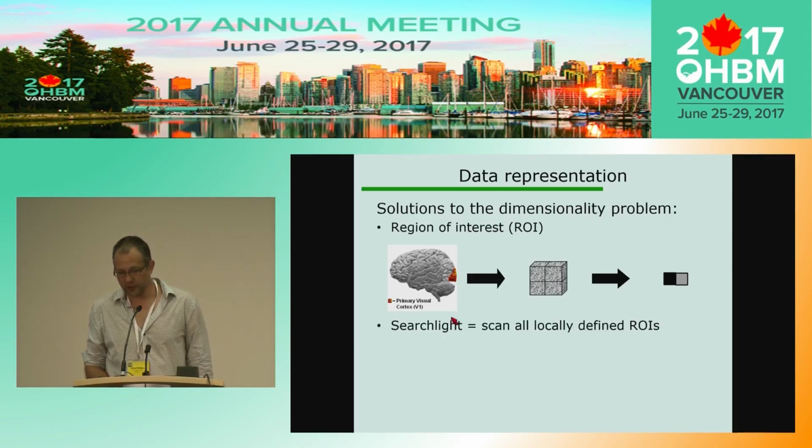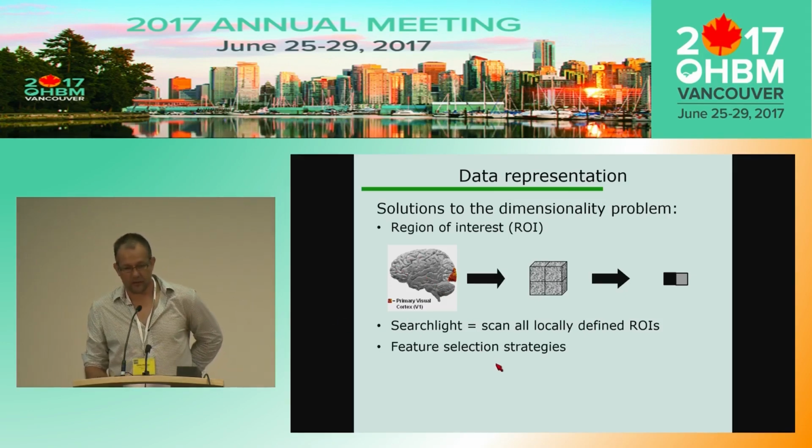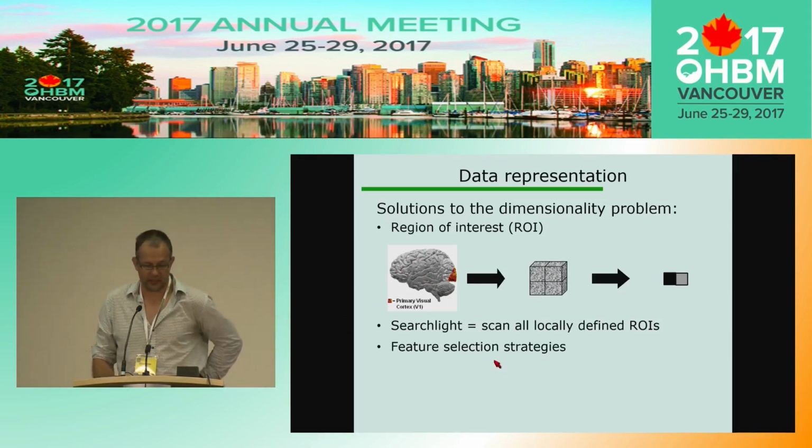You have other approaches, searchlight, that's a locally defined ROI, so you go multivariate, but in the local area, and it's sort of moving this region of interest all over the brain. I'm not sure, will someone talk about searchlight? Yeah, Jessica will. There are strategies to do feature selection,